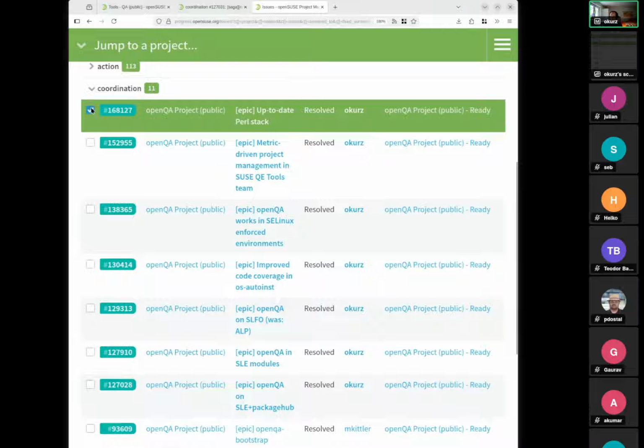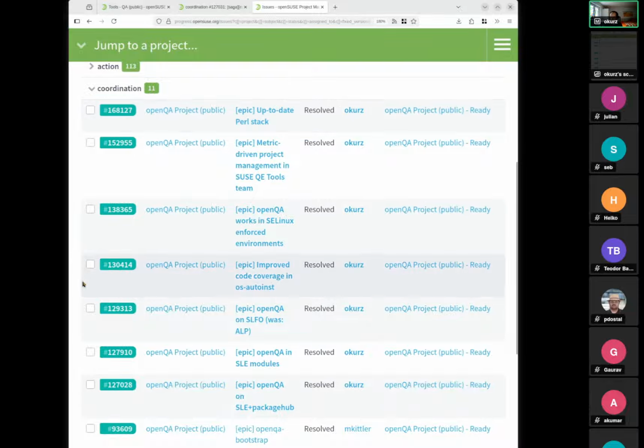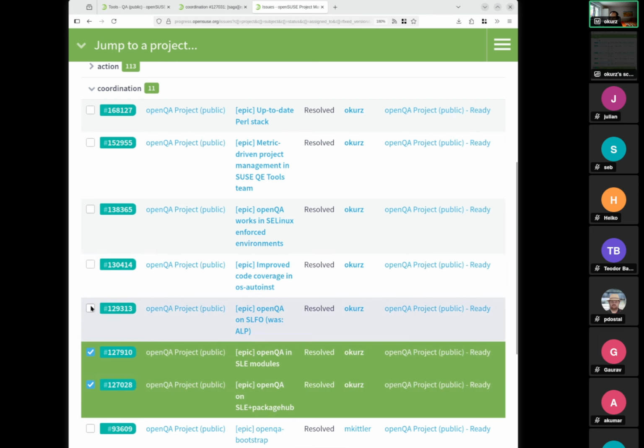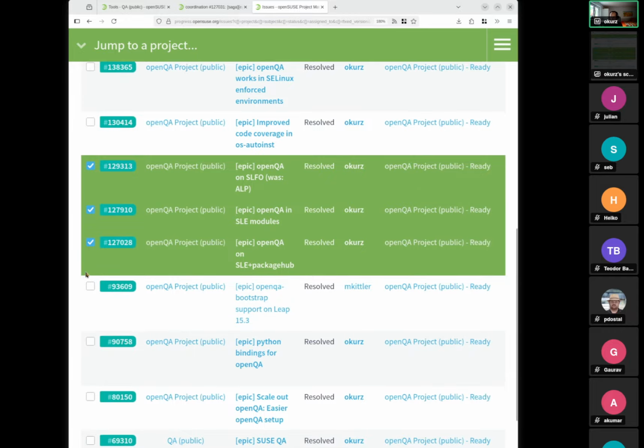As a consequence, afterwards we could work on those three epics. So let's first start with openQA on SLE and PackageHub. And the end result of this epic is that we have all dependencies of openQA in SLE Base or PackageHub. What we needed to do for that is